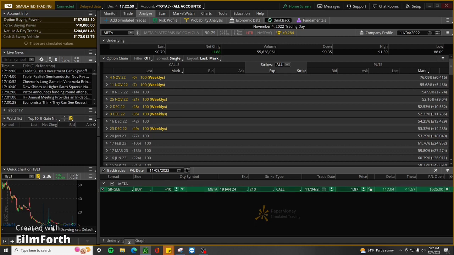Let's go up a few days. All right. So on the 7th, we see that the profit essentially just jumped to 545. So you can see how having had a position in this option chain here would have given you a return of 547. So if you keep going out on the dates here and then see how the option strategy would